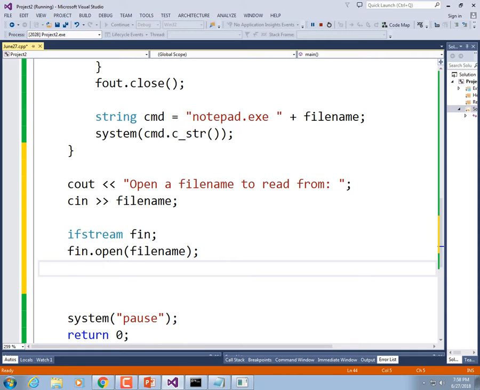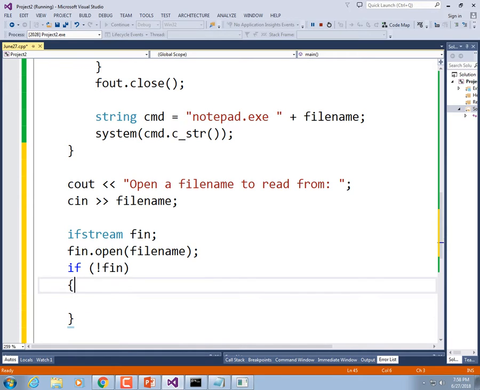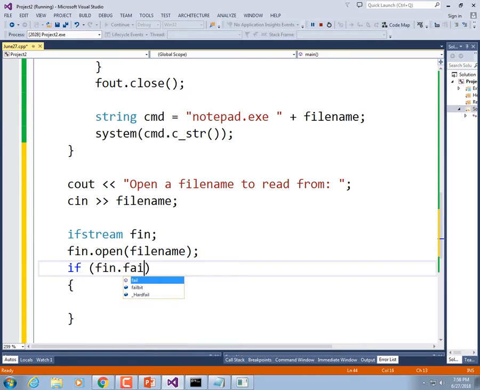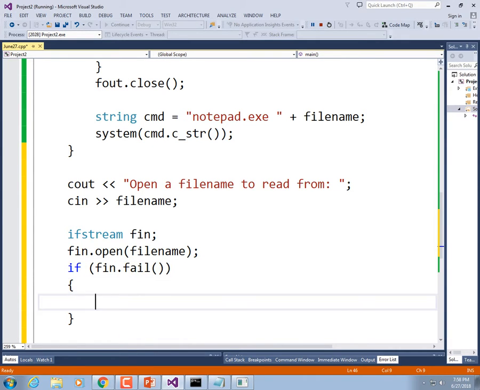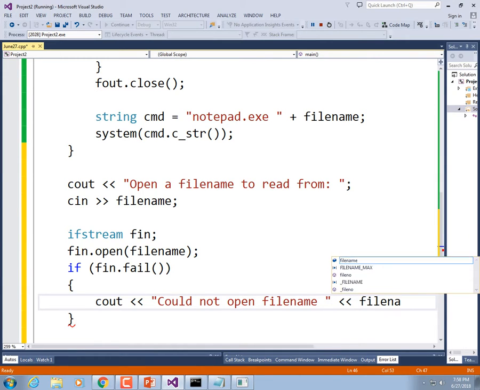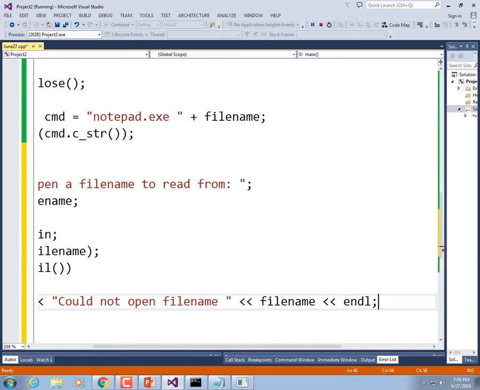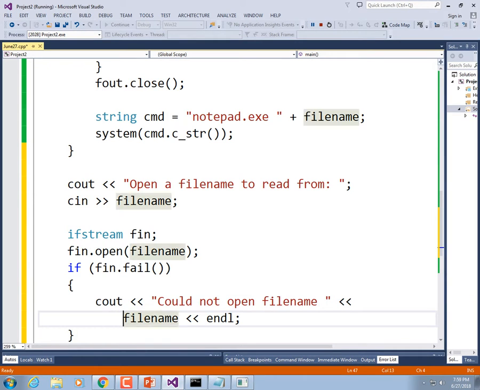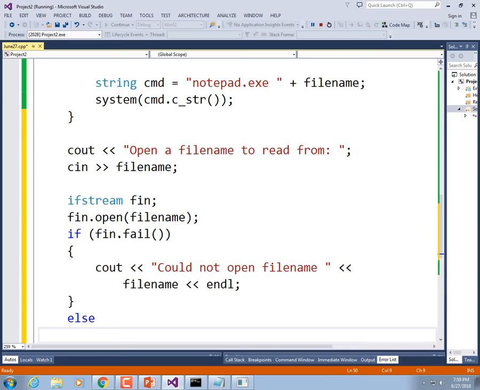Let's see if we got it. If exclamation point fin, or if you prefer like I do, if fin dot fail parentheses, let's tell them that we couldn't open a file. Could not open file name space, end quote, arrow arrow, file name, arrow arrow, ENDL. Else,